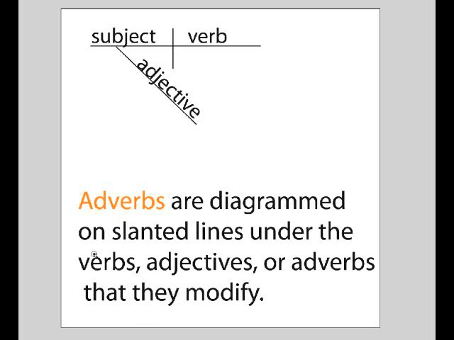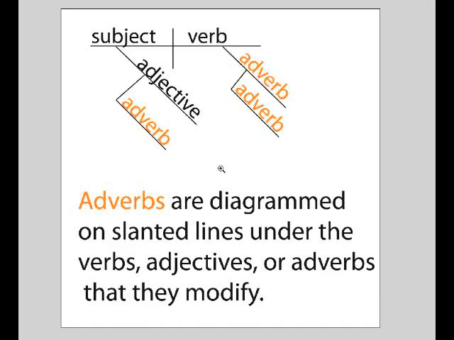Adverbs are diagrammed on slanted lines under the verbs, adjectives, or adverbs that they modify. Let's look at each one of these adverbs. This adverb right here is modifying, let's follow the line up, this adjective. The line that it's on is coming right off of this adjective, so we know that this adverb is modifying